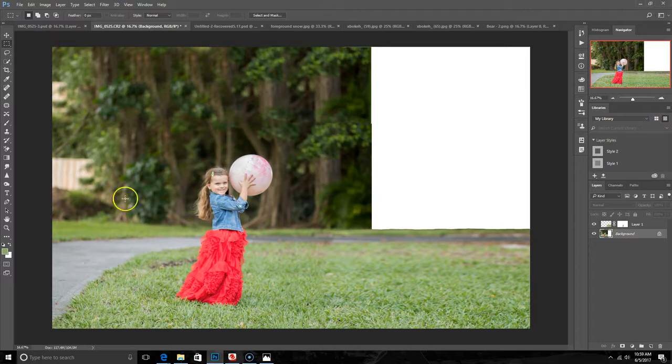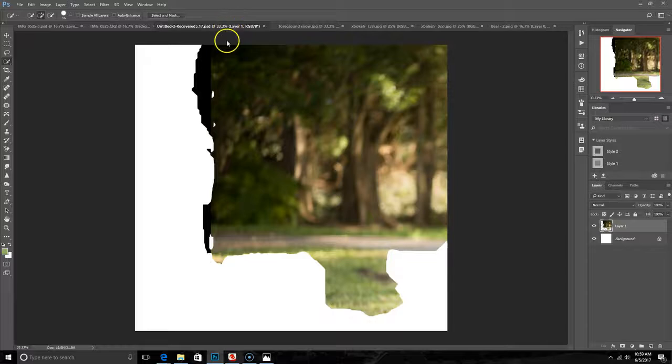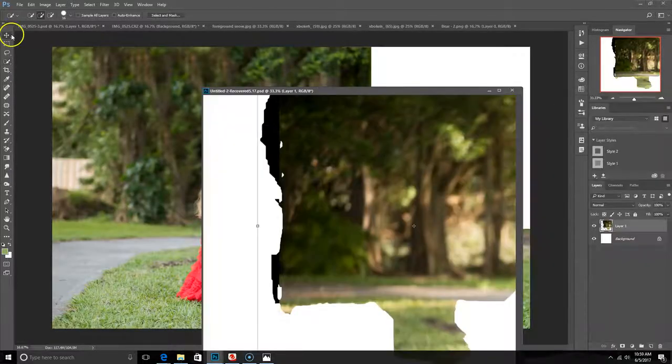See, this is just really odd, but what I'm going to do is back over here to my quick selection tool. Actually, no, I take that back. What I want to use is this. This is a set of trees. I took it off another image, and I have this saved in a folder